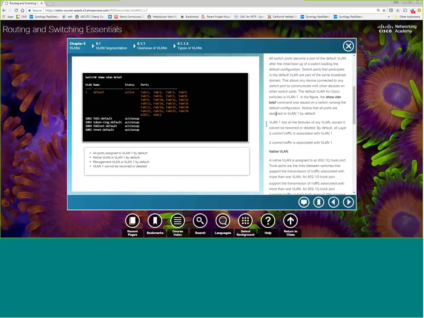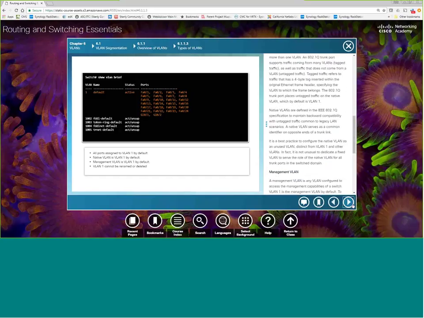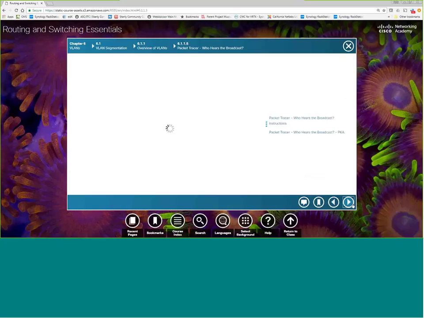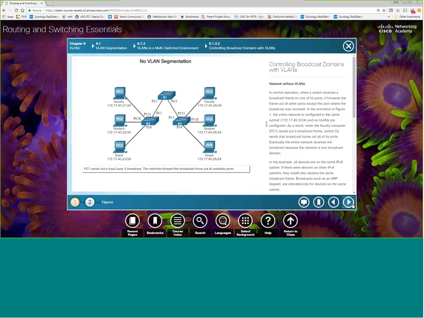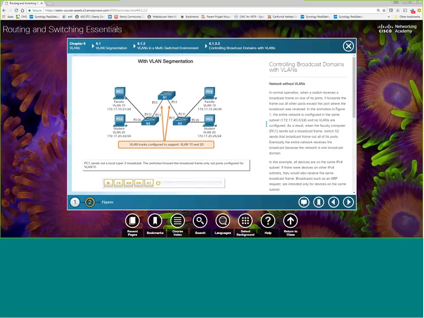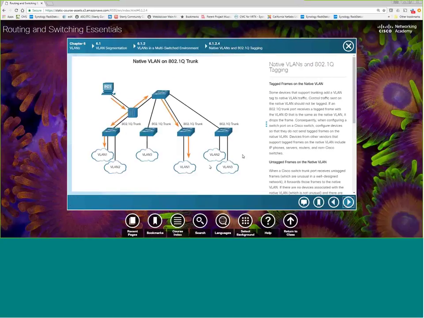Okay. Now, Keisha, this is where things are a little bit funky. Let me take you to the picture, and it will help a little bit, not a lot, a little bit. Let me find one where they've got a native VLAN. Okay. Now,